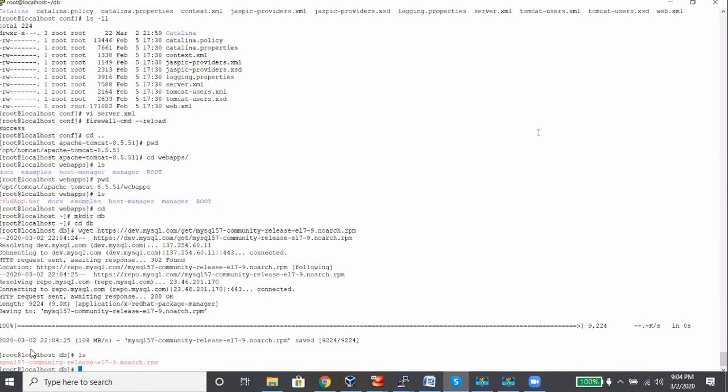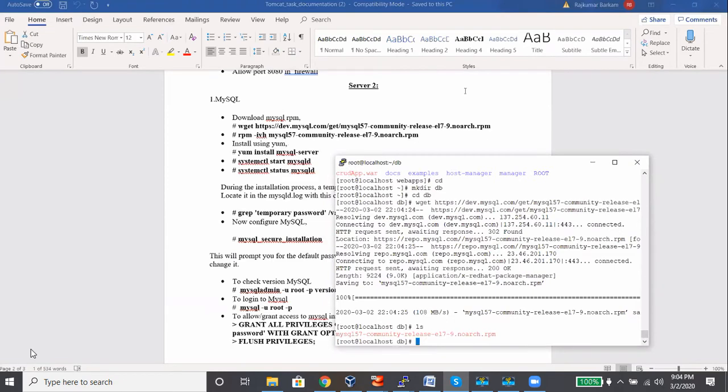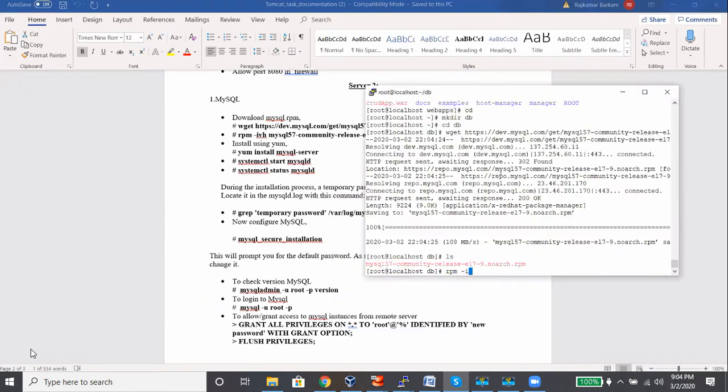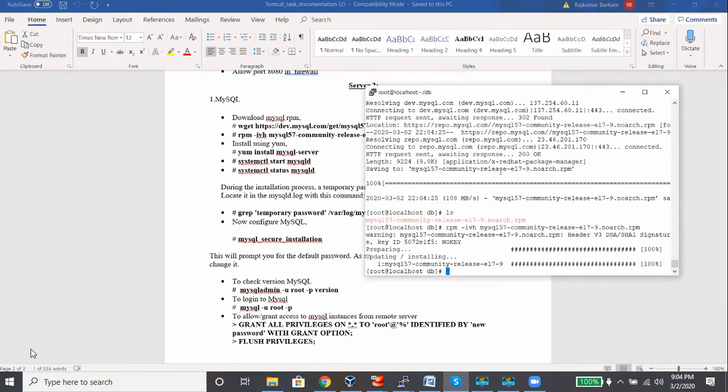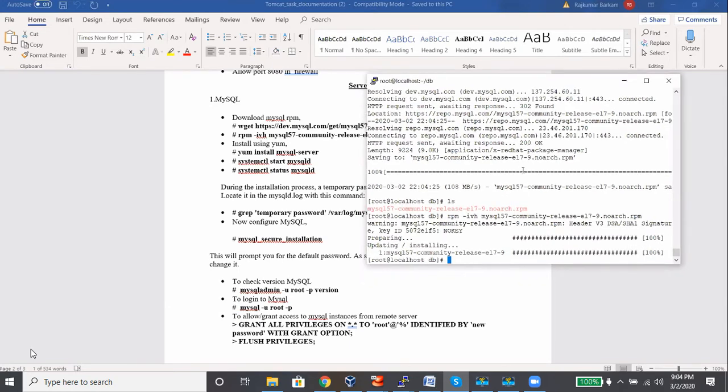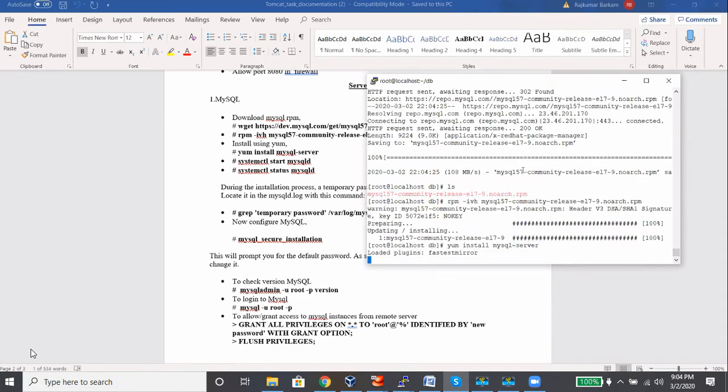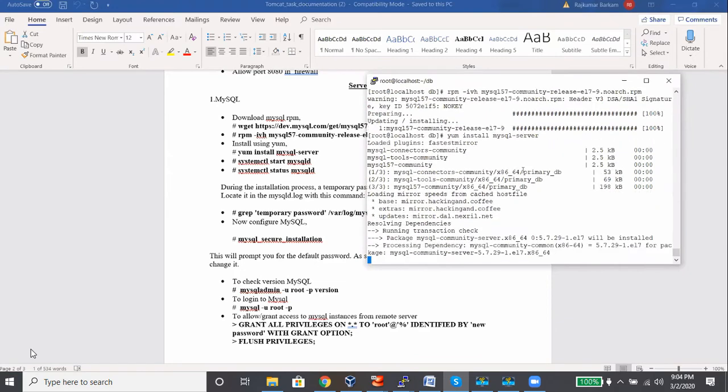Okay, so I am able to download MySQL. Now I need to use the same command, rpm -ivh. It got installed, I mean the Apple release rpm got installed. Now I use yum install mysql-server. Now it will install the MySQL DB.